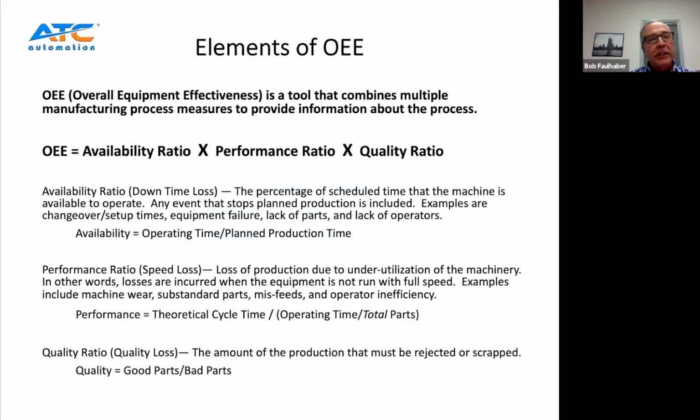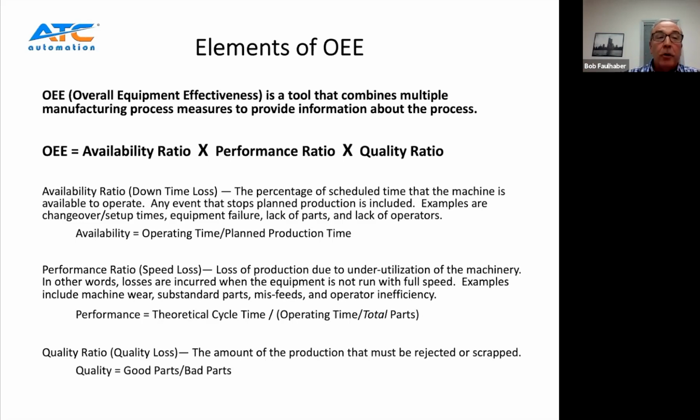Substandard parts, let's say, for instance, you have a feed mechanism that's feeding a plastic component, and one of the cavities for that plastic component is allowing flash to occur on the part. So in the feed mechanism, as that part is marching down the track, it's not going as fast as it needs to get to the nest in time to be placed on location. So what generally happens is the machine waits for that part to go into the nest and then moves on. So that could create a slowing of the speed of the equipment.